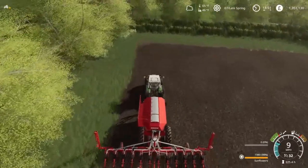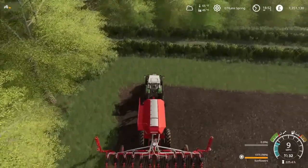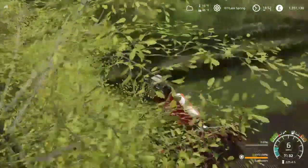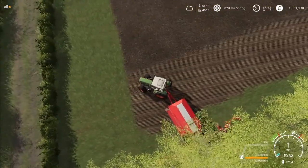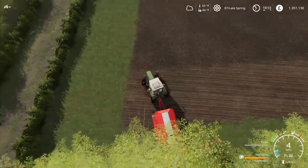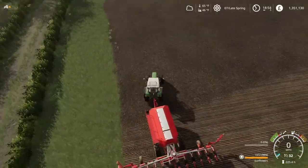So we're using a Horsch Maestro 12SW planter. It's got a pretty good working width. It works at 9 meters. So this allows us to get work done a little quicker. Requires a tractor with 180 horsepower, which fortunately